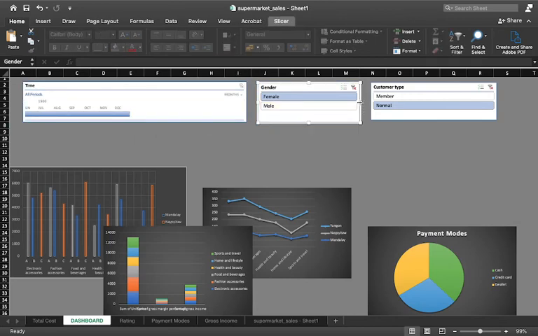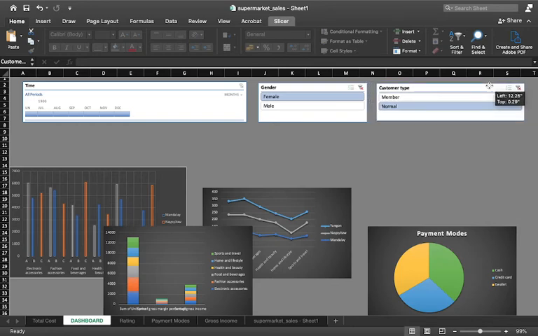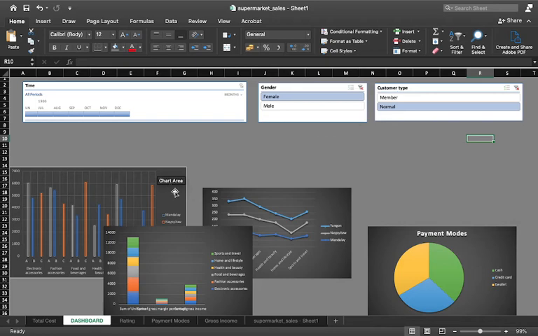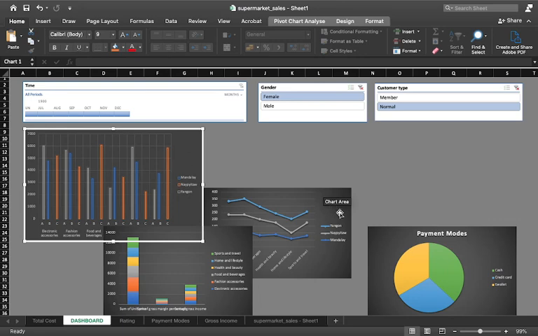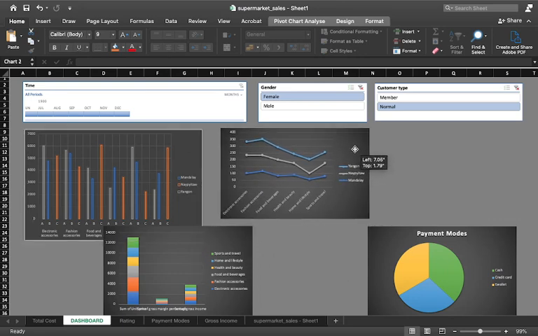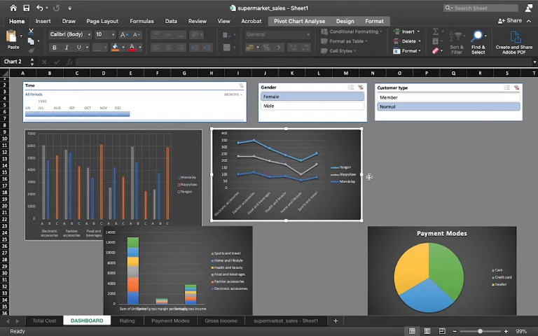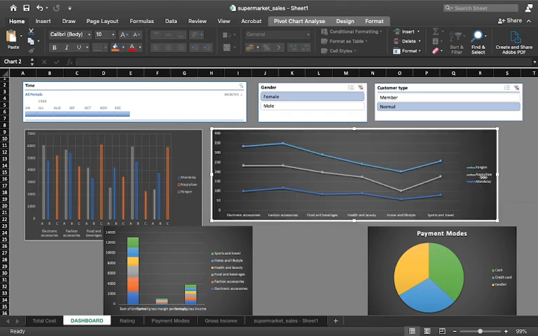Alright, let us increase so that it covers my entire area. You can add a number of slicers, you can add a number of timelines. Here your option for timeline is one only, because we have only one column for time in our database. So this is how I have made it. Then here let us just add a first chart. Let us add it here, right? Then I want my line chart arranged here, and let us just increase the size so it is more visible. Yeah, this looks pretty good, right?